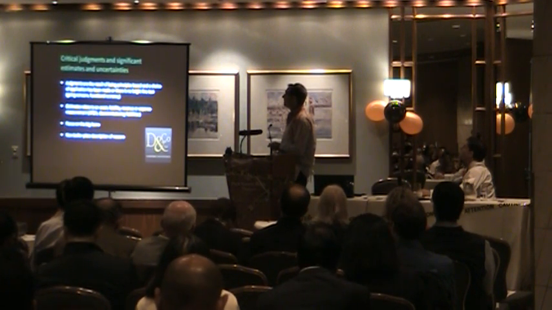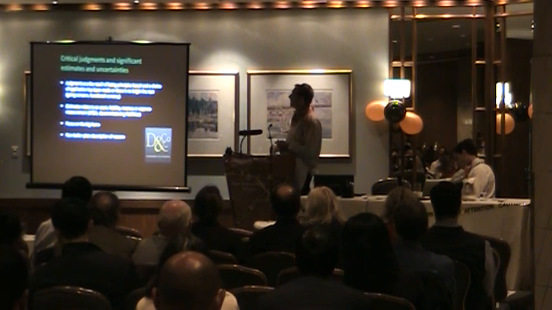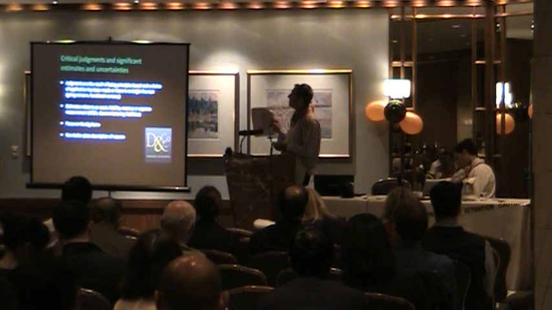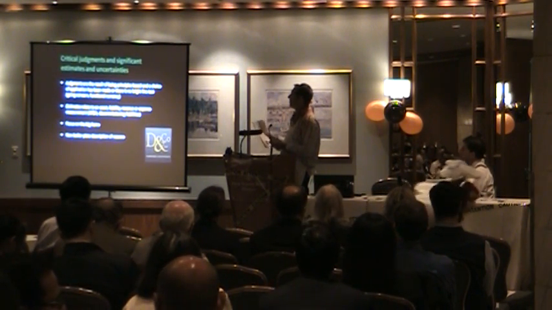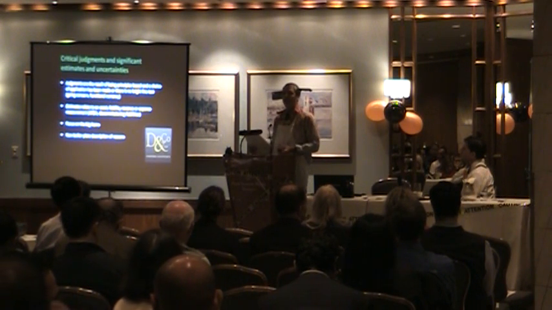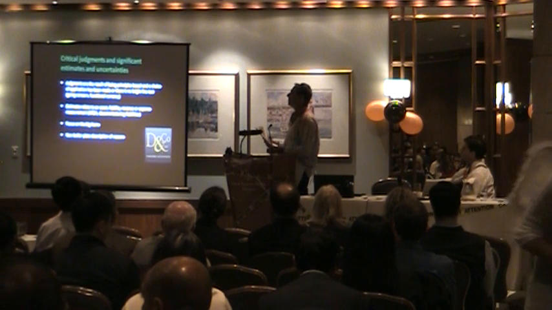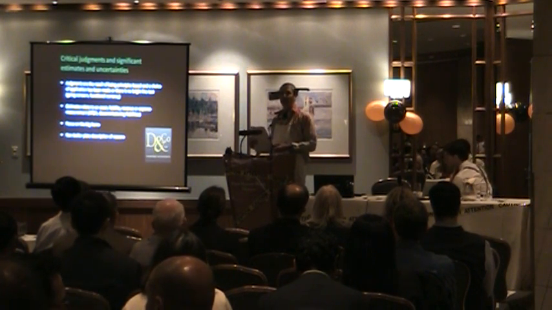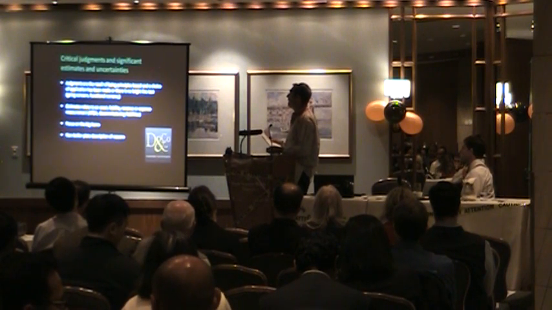Critical judgments and significant estimates and uncertainties. Erez mentioned this one earlier on. I'll just quickly go through once again. Judgments are the result of being principles-based. When you have a choice, an application has to be made. There is no bright line test. You're just making a decision. Going concern or functional currency, and so you may want to actually put out to the reader some disclosure on how you reached it.